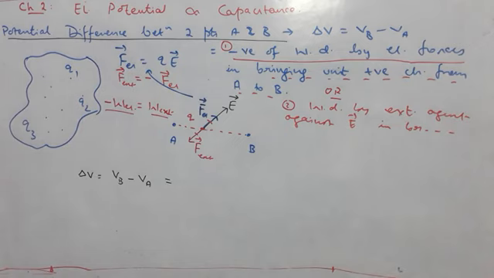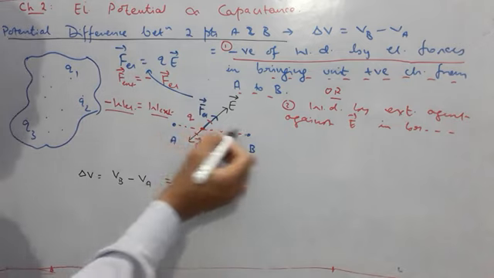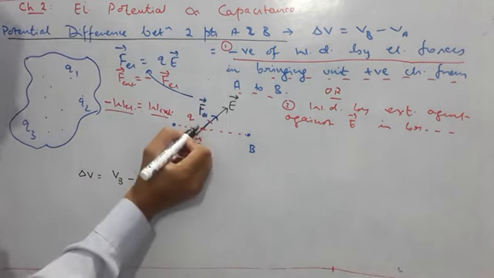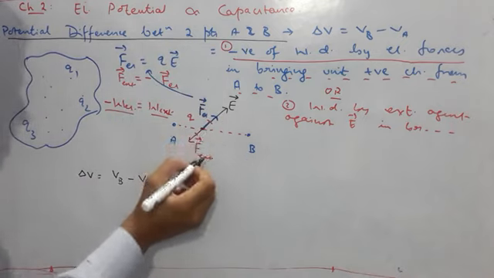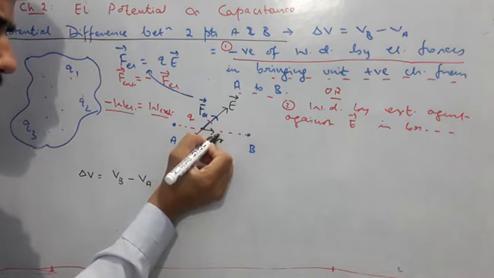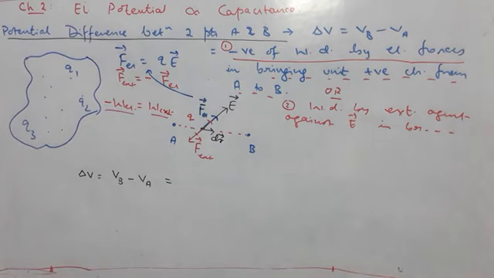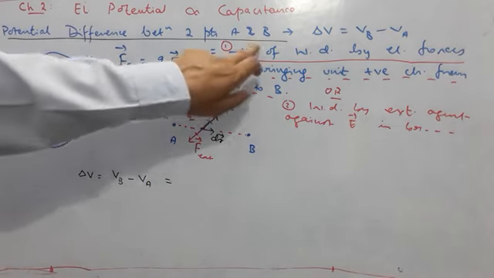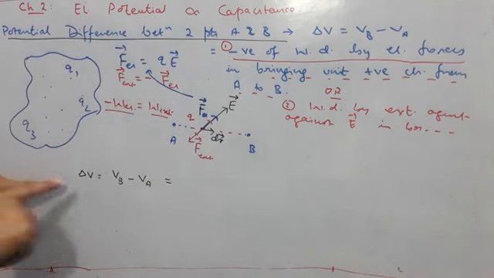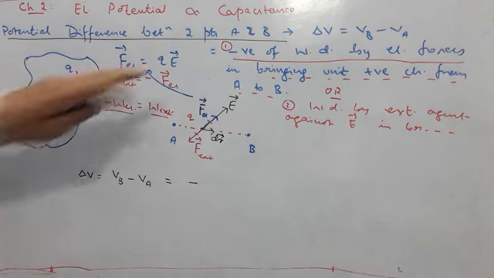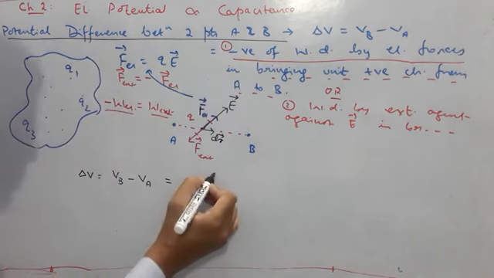Let us see now how much we get. How do we calculate this work? We suppose we know the value of electric field at all the points. At this point I have told electric field is in this direction. We move by a small displacement. That small displacement I call it as dr vector. Now if we follow this definition number 1, then this potential difference should be defined as negative of work done by electrical forces, which will be W EL.